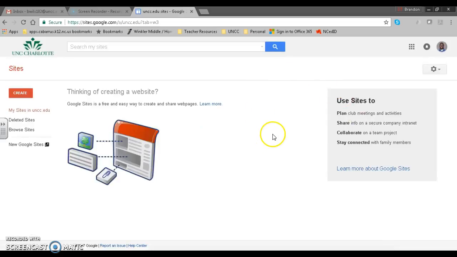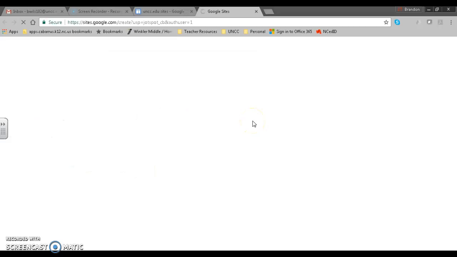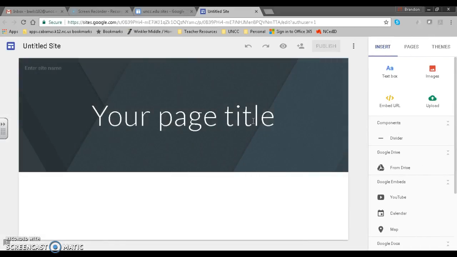So I'm on Google Sites, and the first thing I want to do is create a new site. I'm going to use Create in New Sites. Google is so wonderful because it gives you a basic website template to build on that's easy to use, very